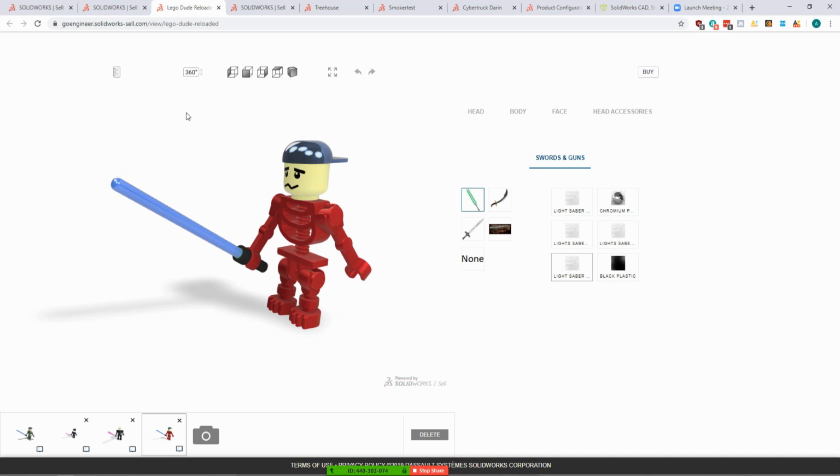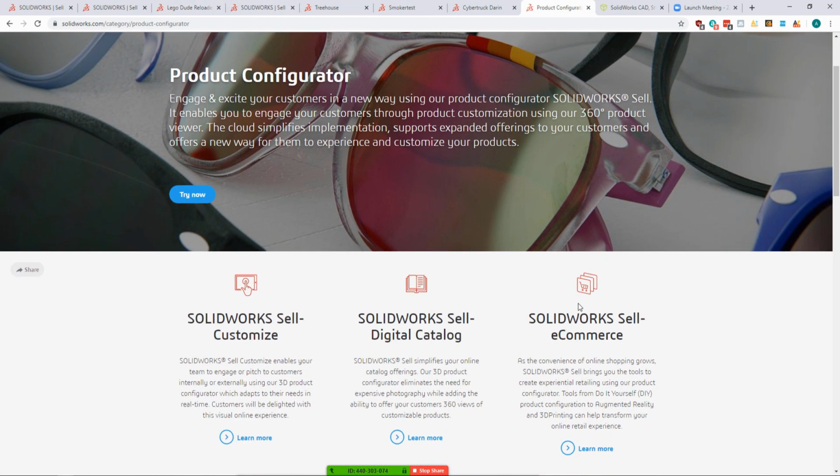SOLIDWORKS Cell does come in 3 different packages. There's like 3 different levels of packaging. One of them is a configurator just for communication. Another one is a configurator for e-commerce. And the third option is really a configurator that is designed to be mass marketed. So they essentially place you in that third category depending on how many clicks you get on your website for the product. Let's jump back here to the